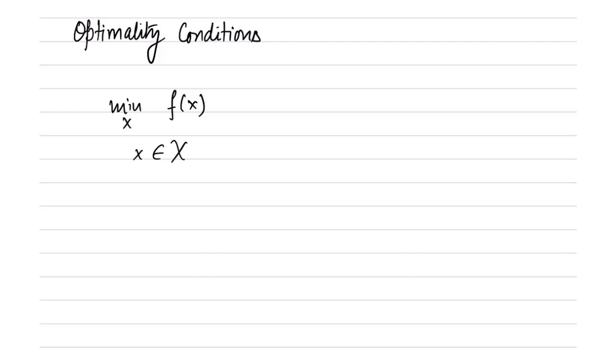So this is a compact notation where the calligraphic X is nothing but the set of x such that g_i of x is less than or equal to 0 and Ax equals b. It's just saying that we are interested in minimizing f of x subject to some constraints, and those constraints are all included in this calligraphic X. So X is basically the feasibility region. Anything that is in calligraphic X is essentially feasible.